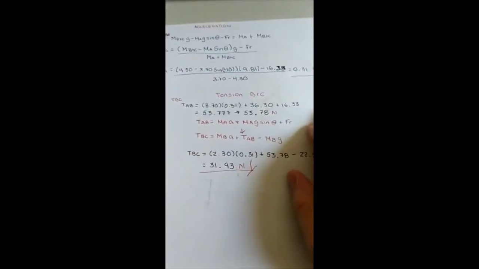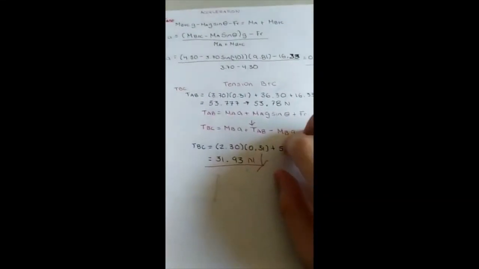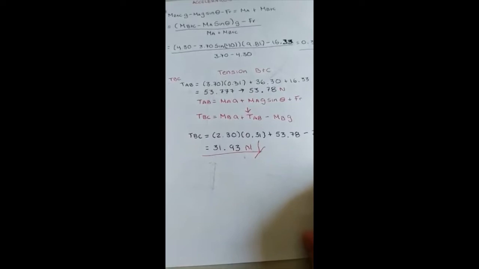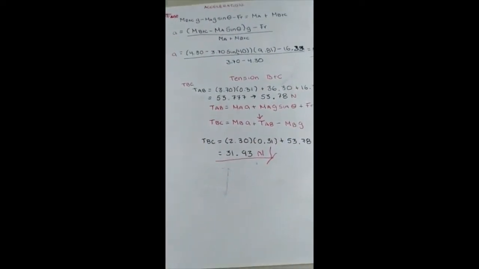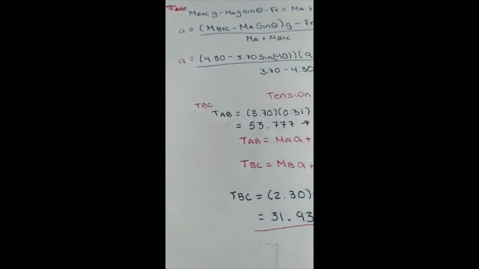We can finally take the tension because we have the acceleration and the friction. So the tension of B and C. First, sadly, we need the tension of A. So, the tension of A and B. So, to take the tension of A and B